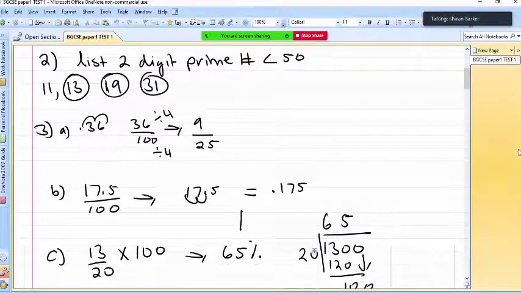Well, I have to find a number that can be divided into both 36 and 100. What I usually teach is that you start off with a small number, usually two or three, and then you keep on dividing. But in this case, we can clearly see that 4 can work, because it's easy multiplication here: 4 can go into 36 9 times, and 4 can go into 100 25 times.